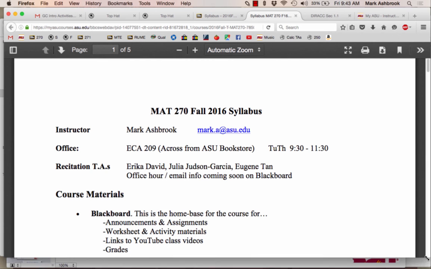Before we go any further on all these many announcements, I am recording class, okay? I screen record what's on my screen, which is everything that's on this screen, and then the audio is the ambient noise in the room, which is going to be mostly me because I'm close to my computer. So there will be a full reproduction of every class as a YouTube video, okay? And so the reason I'm pointing that out is